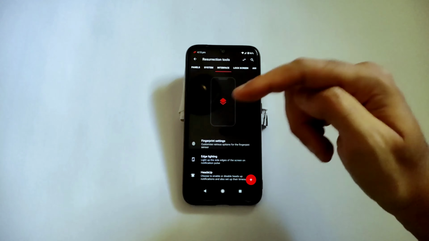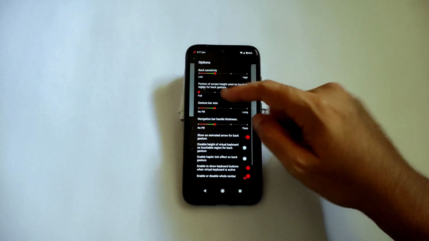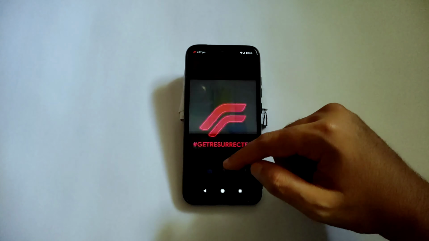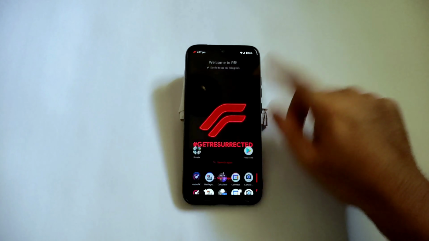In the system settings you get gesture navigation bar also. As you can see, you can increase or decrease. Every option is available in this ROM. No need to worry, it's really a good ROM. It's working fine. Coming to safety and status, it's passed. Obviously it's a very good ROM, a tried and tested ROM. Many people are using it. It's really a very good ROM in my frank opinion.